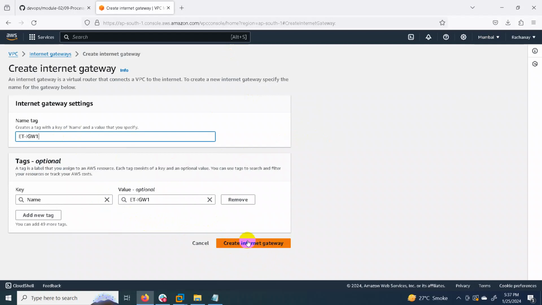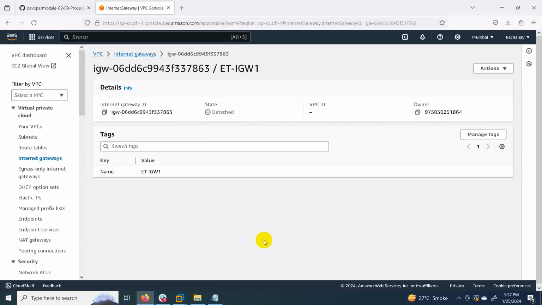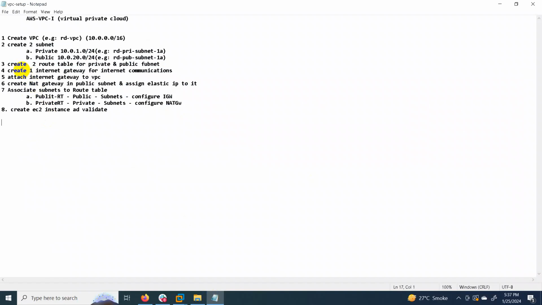Create the gateway. Once the gateway is created, we create one internet gateway for the internet communication and attach it to the VPC and to the route table.